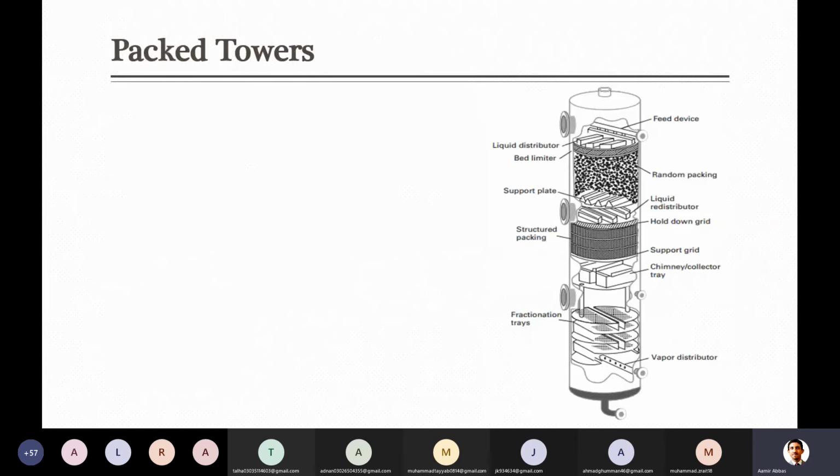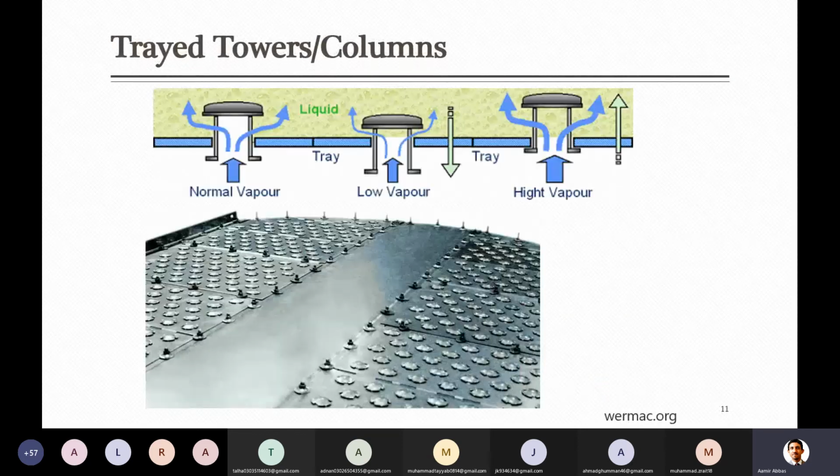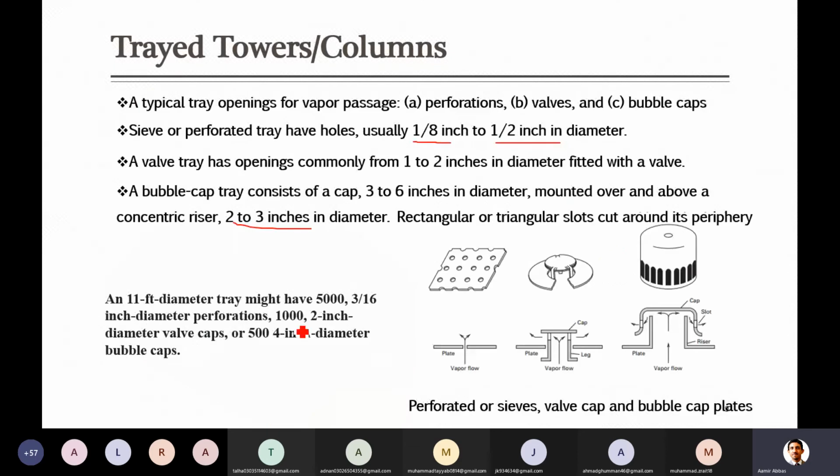इसमें जो हमारे पास होता है फ्लोरेट सबसे कम है, ओपनिंग स्मॉल है. Opening is still not that small, but if you just remember, one of the facts was mentioned here, that how many plates should be installed, or sorry, if you are using any plate with 11 feet, you can see that the number keeps on decreasing as you move away from sieve, then there are the valves, they are still good in number, but when you go for the bubble cap, for its construction you need a lot of space, because its cap occupies a diameter of 3 to 6 inches, while a hole has only an opening of 2 to 3 inches.